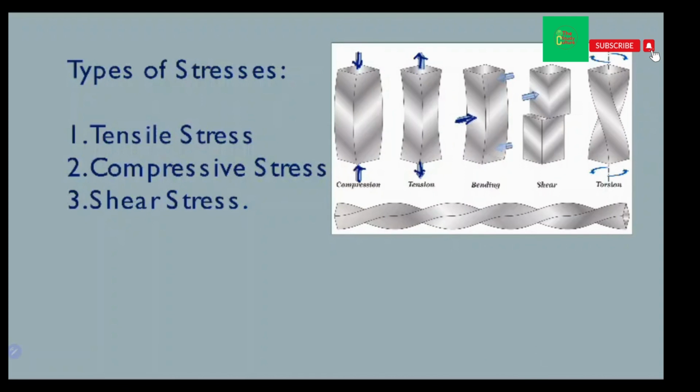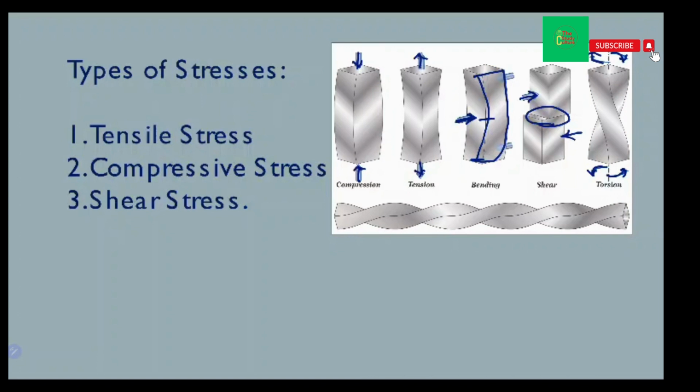For bending, by applying the force like this, it will bend like this, and the bending moment will occur. And for the shear force, the load is applied like this, and in this place shear will occur. For torsion, two opposite rotating forces are applied, and torsion or twisting moment takes place.